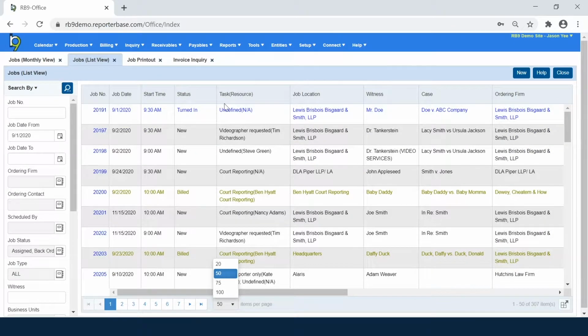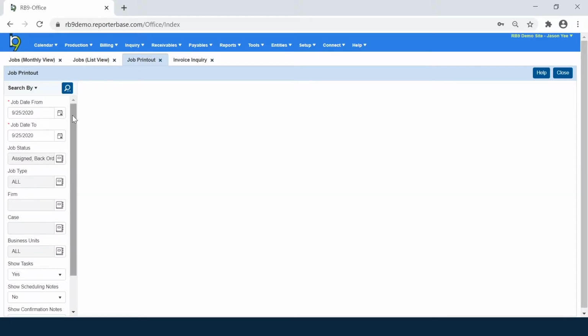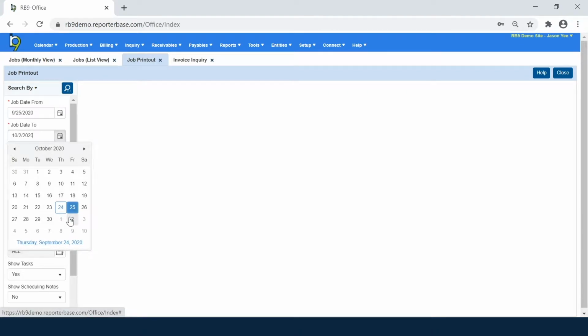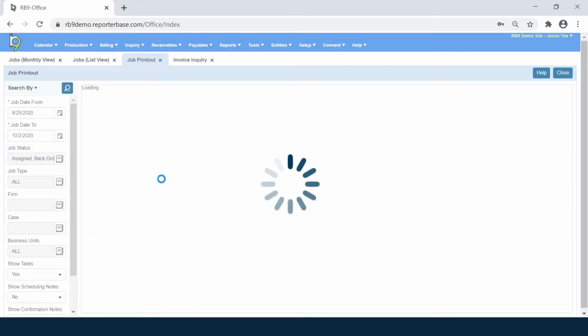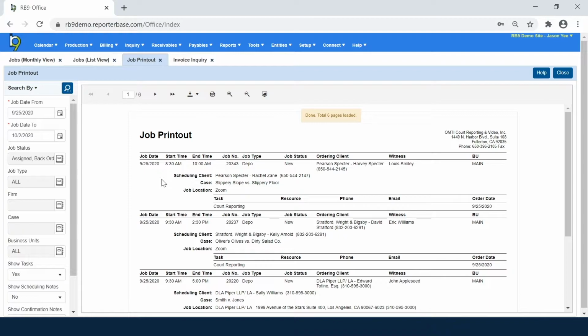So, data displays and grid layouts. Just like RB8, we still have some functions that are reports, like job printout. I can expand my dates to include more. Job printout is a report format function, as you can see. The reports, for the most part, do look the same. There are additional fields that have been added to the reports and things like that. But again, we didn't want to really change a lot of what the reports actually did. You still have the option on these reports to print or to export,